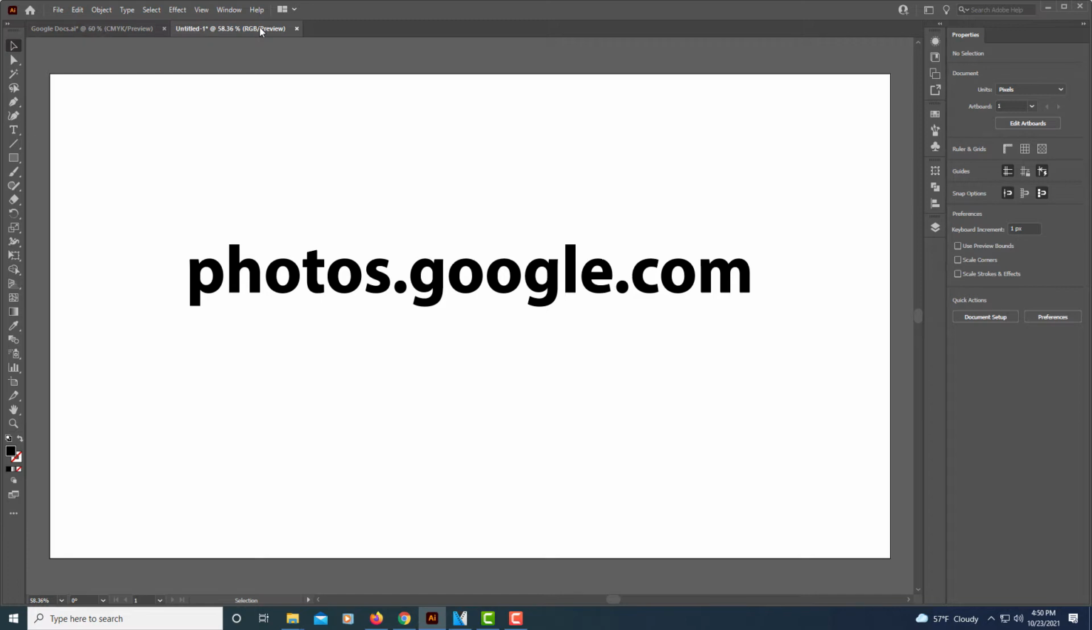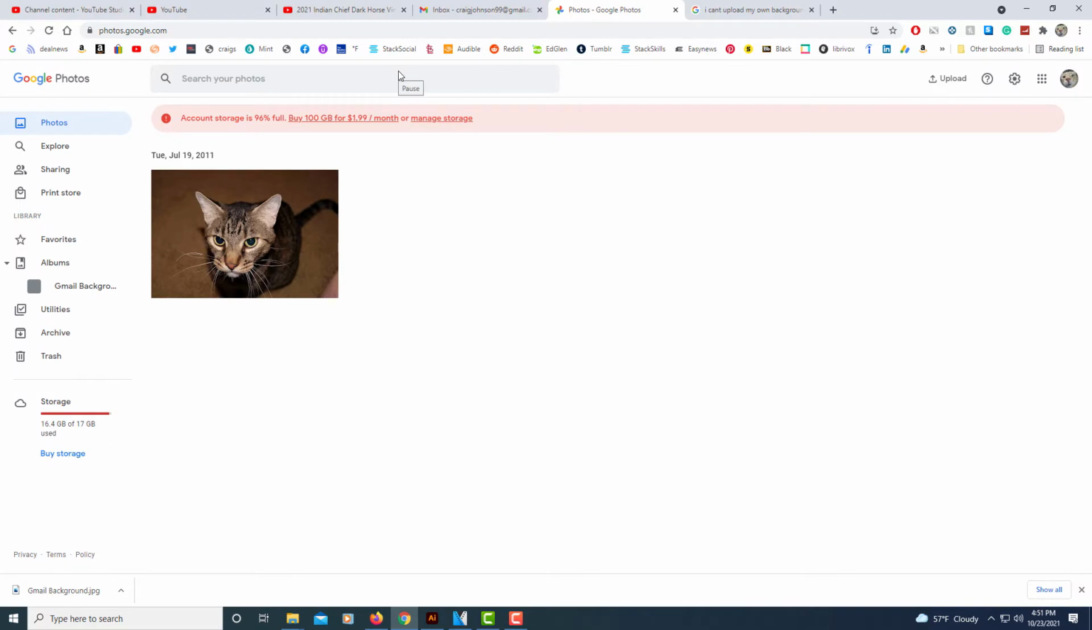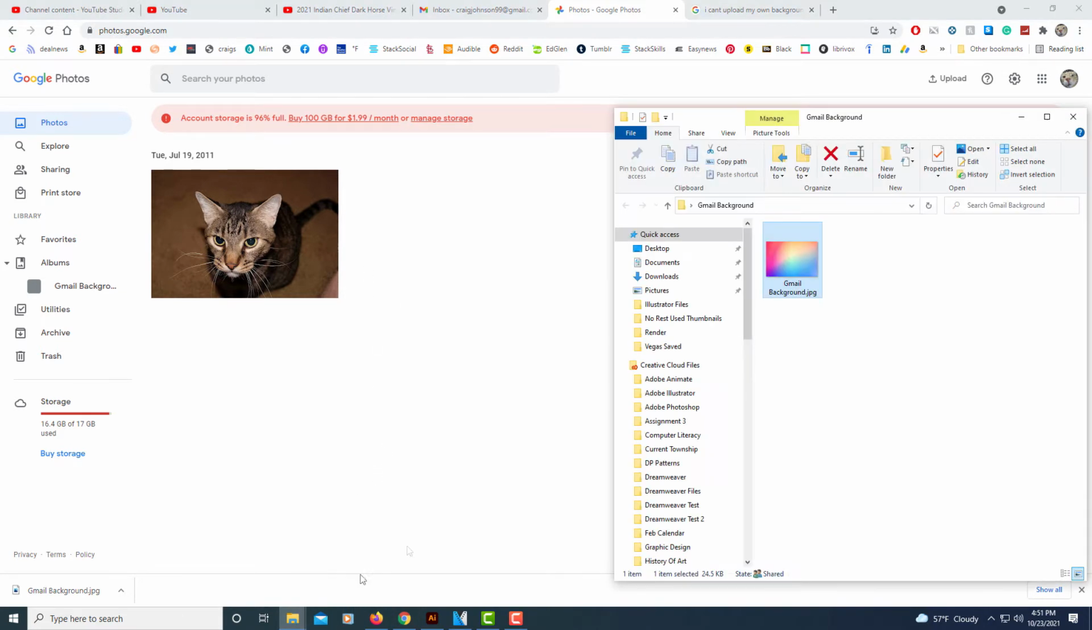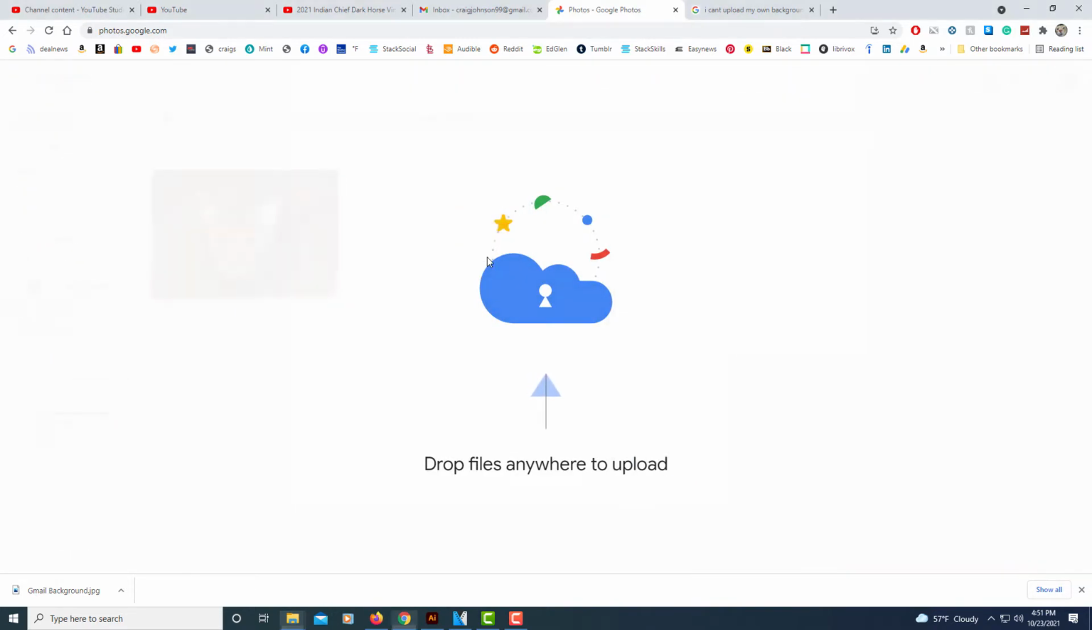It'll only pull your photo from Google Photos. As you can see right here, I'm in my Google Photos, and I have an image here that I don't want to use as my background image. The image that I want to use, I have in a folder right here, and what I'm going to do is drag that image over into my Google Photos,